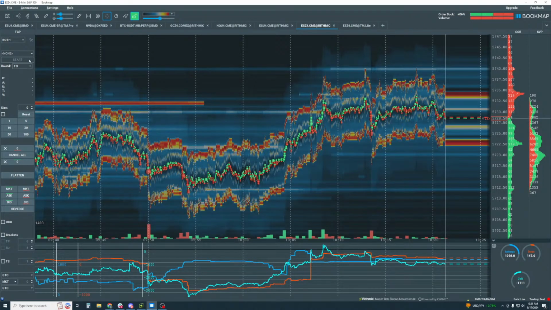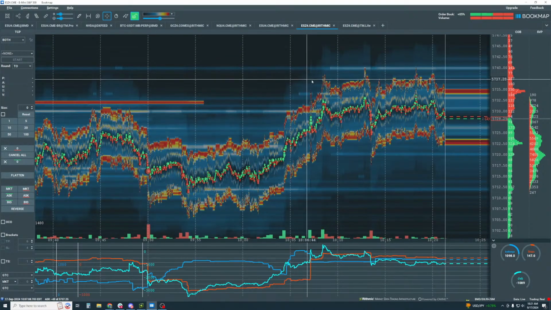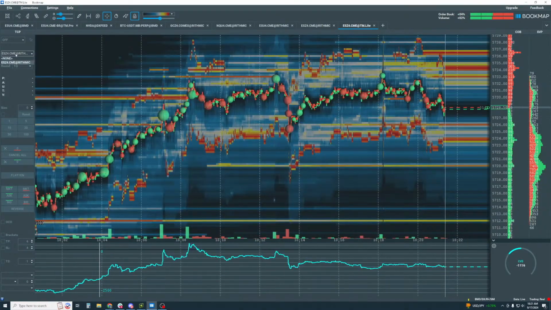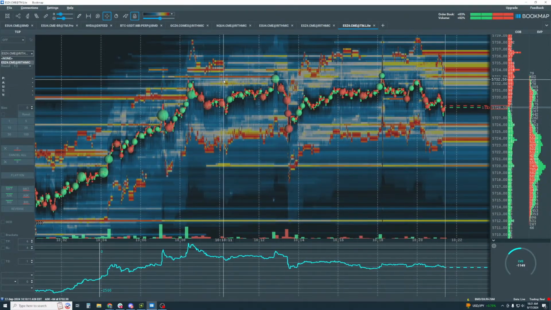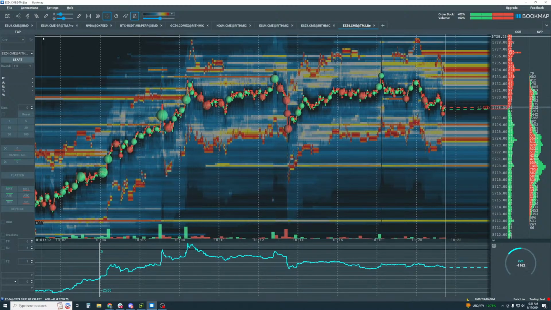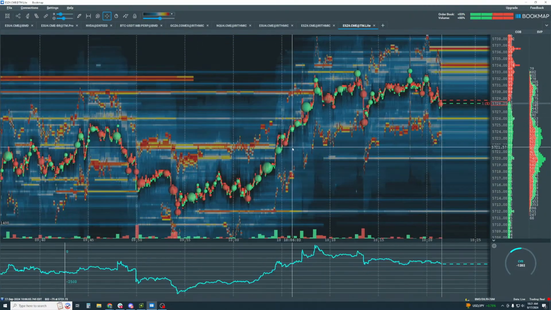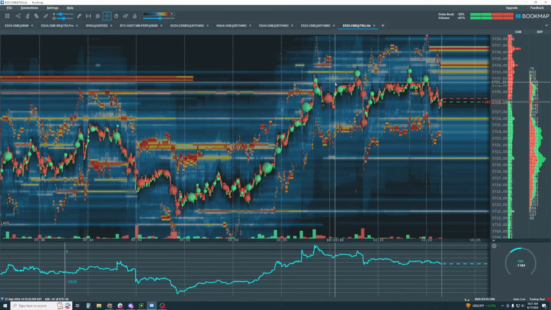No, it's still not allowing me to. Okay, so something's a little kooky here. Yeah, so anyway, that's too bad, because I've been using that cross trading quite a bit